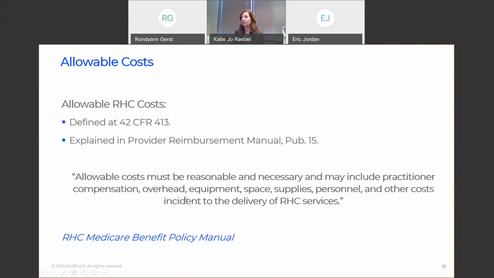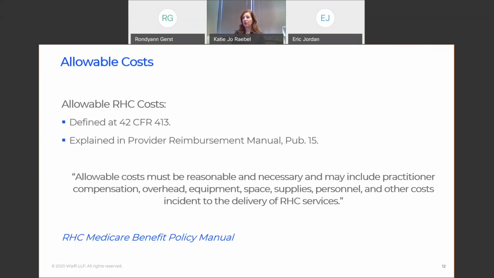What constitutes allowable costs? Well, if you look in the Code of Federal Regulations, Medicare defines allowable costs as they must be reasonable and necessary. They include practitioner compensation, overhead, equipment, space, supplies, personnel, and other costs incident to the delivery of rural health clinic services. Something that I'm going to point out to you, let's say if you're a hospital that has provider-based clinics,